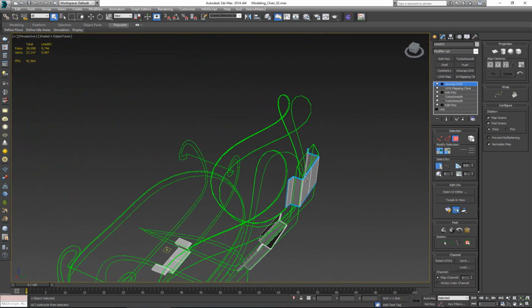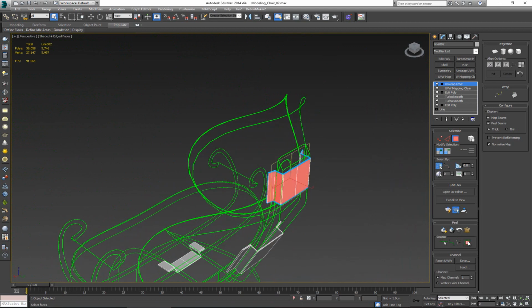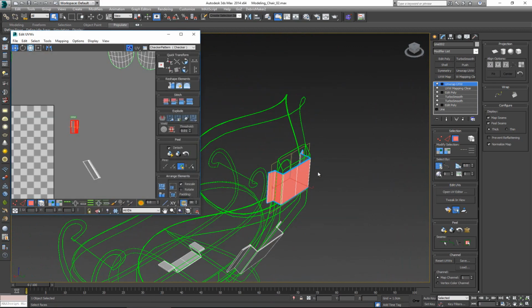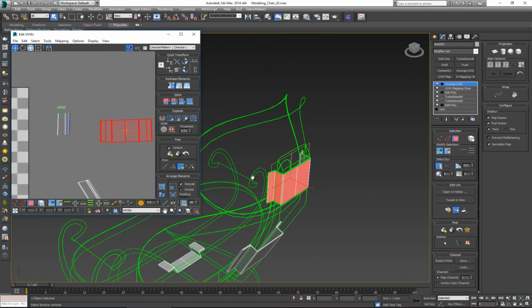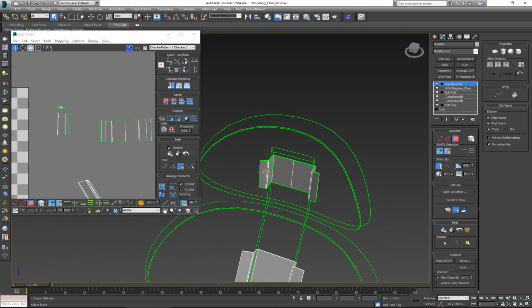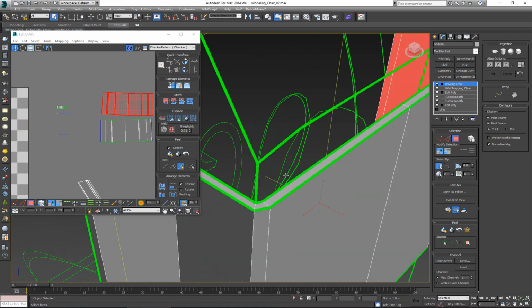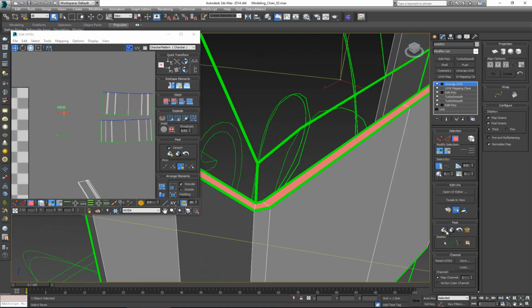So what this is going to allow me to do is select the back side of this plate, and with a simple quick peel, I get a straight line. It's not the perfect straight line, but this can work. Make sure we select this. Again, quick peel, move to the side, select the top, quick peel,